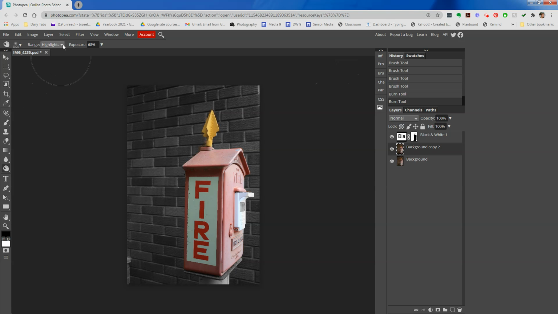And now you brush in some burning, which is darkening, in your highlights, your midtones, and your shadows. You do all three. Start with your midtones. And I would say start with an exposure of about 50%. And if that's too much, then you would use a smaller exposure, and if it's too little, you would up it. And so what I'm going to do is I'm going to just tap a couple of times just all